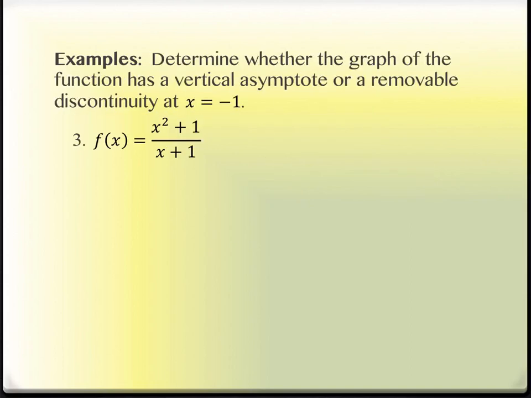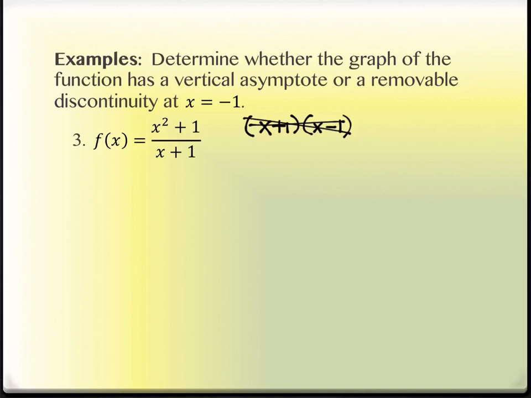Over here, there's addition. So if I were to try to factor this in somewhat the same fashion, I might try to do something like this. The problem is if you multiply that back out, you don't get x squared plus 1, you get x squared minus 1. So this isn't the factoring for that. There is no way to factor that numerator because it's a sum of squares and not a difference of squares. It's one of those things to be aware of. They change those signs around. So I actually don't have the ability to factor that numerator.